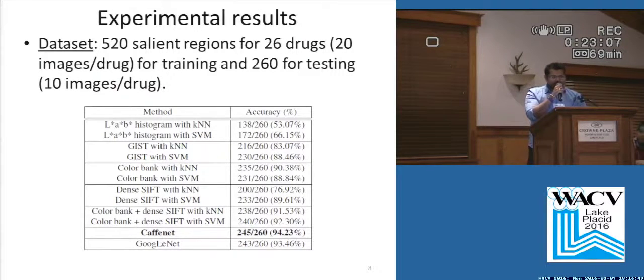As you can see from this model using nonlinear classifiers for classification, high-level features do much better than low-level features. So basically, just the color itself doesn't do that well. Also, CaffeNet wins the battle by a short margin among all the features. So yeah.